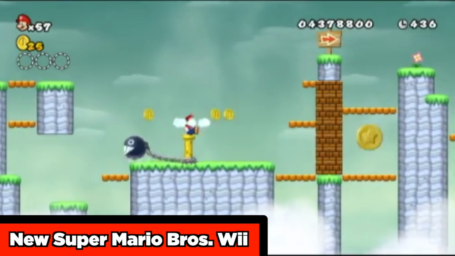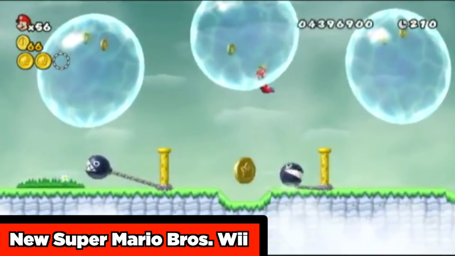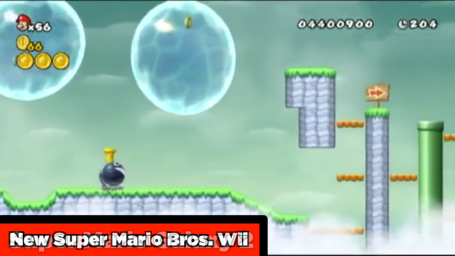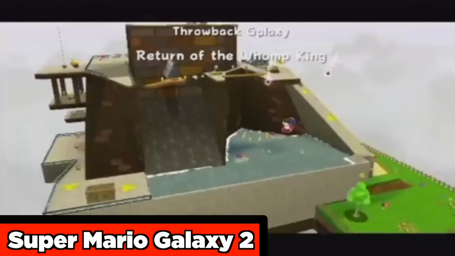New Super Mario Bros. Wii's 7-2 level includes these weird floating water spheres, which is an interesting new mechanic, which is something that New Super Mario Bros. desperately needs more of. And for the second Galaxy game, I chose the Throwback Galaxy, which is a recreation of